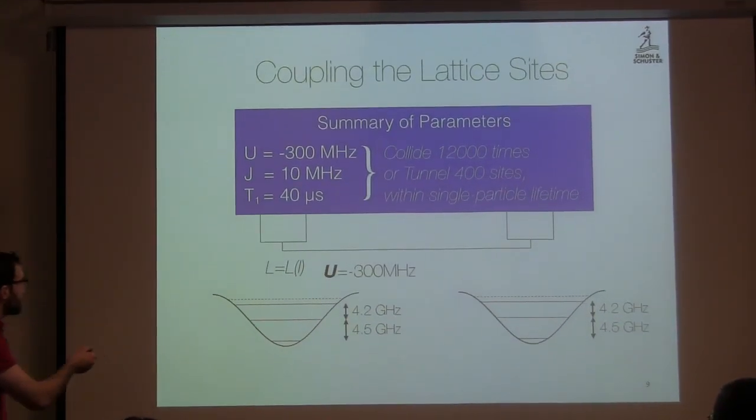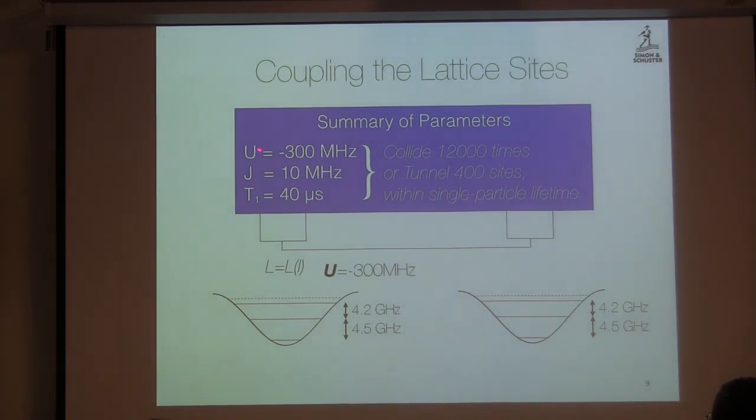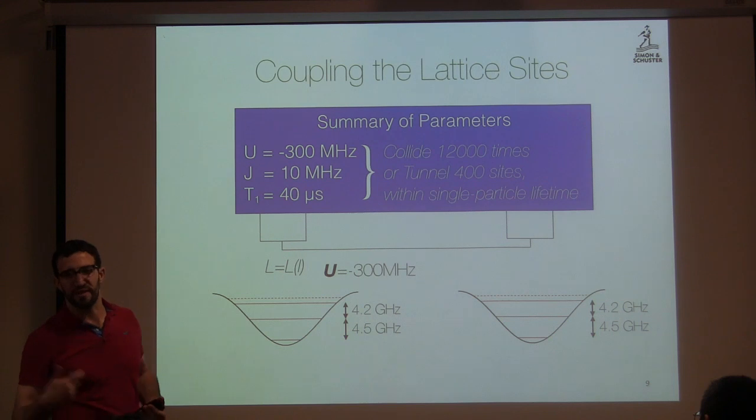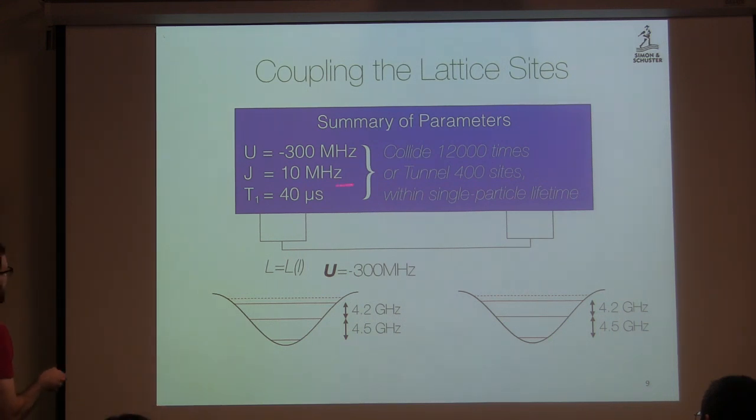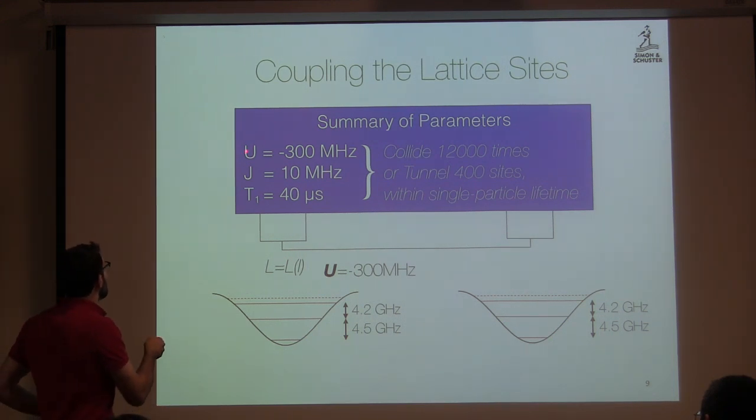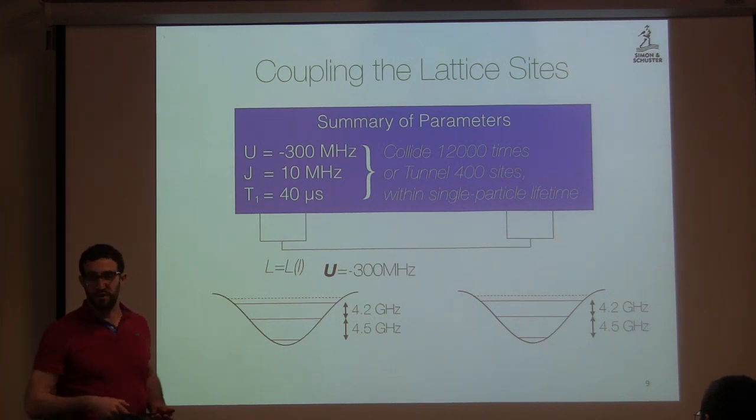But I think the important things to take away about this platform, particularly for those of you who are more theoretically inclined, is these numbers. Okay? The J we can make whatever we want. We can make it so huge that, as Eugene asked, you can't even think of it as a particular number. It becomes frequency dependent and things are a mess. Or you can make it so small it's 0. The two that are most important are U and T1.